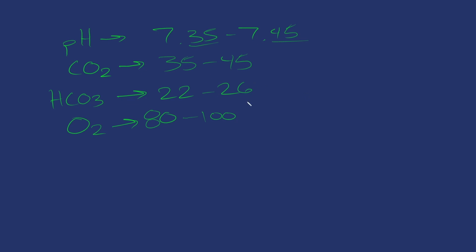Okay, so if we have any of these numbers that are outside the normal range, we have an issue of some sort. We need to figure out where that issue is coming from. So how do we figure that out? There's a whole bunch of different methods that you look at this. We could go and step through that complicated kind of look of, oh, they're breathing fast, so maybe it's a CO2 thing. I'm going to show you a quick and easy chart method, and this is what I still use,